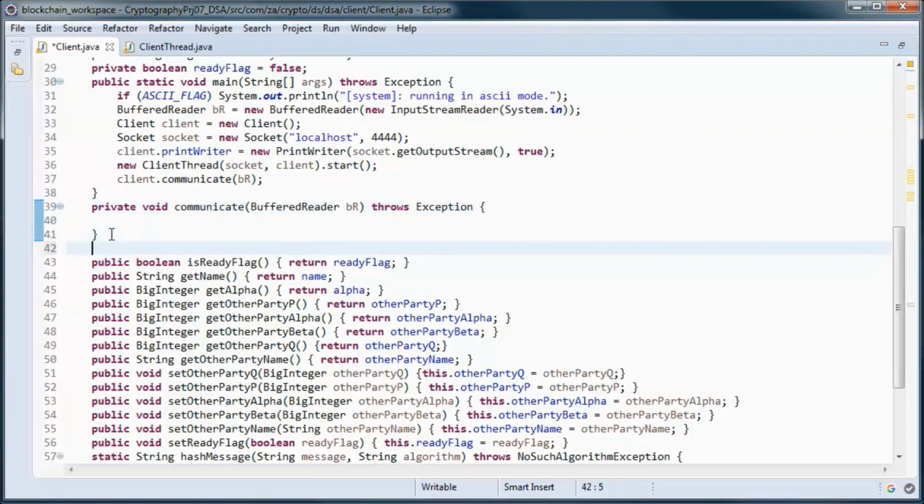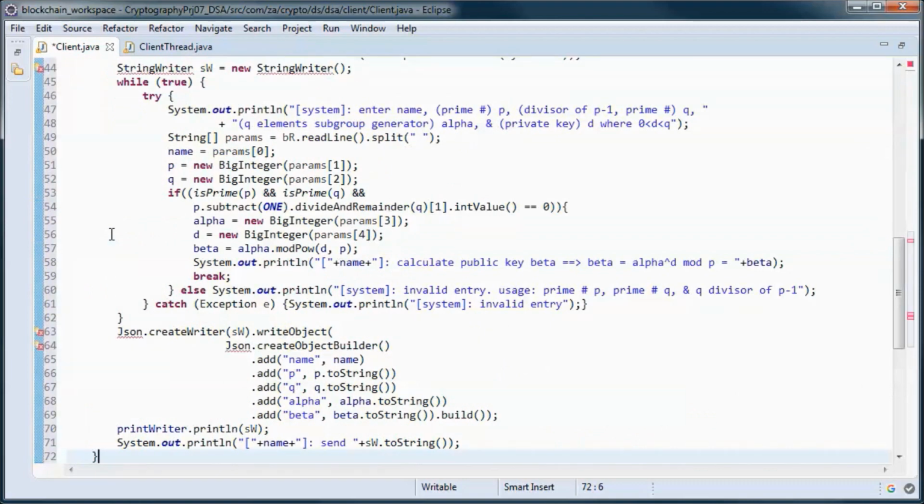And this method handles the setup phase.